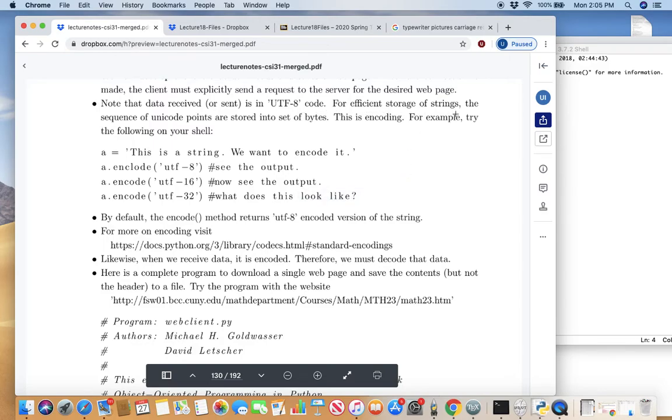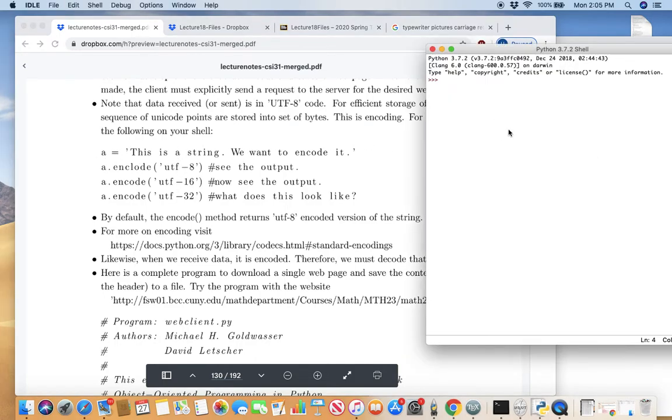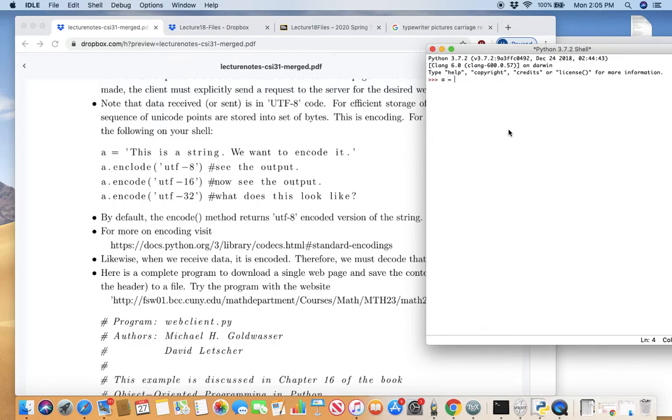For efficient usage of strings, the sequence of Unicode points are stored in sets of bytes. This is called encoding. For example, let's try and encode a string. Let a be the string, "This is a string." We want to encode it. All right, when I say a.encode in